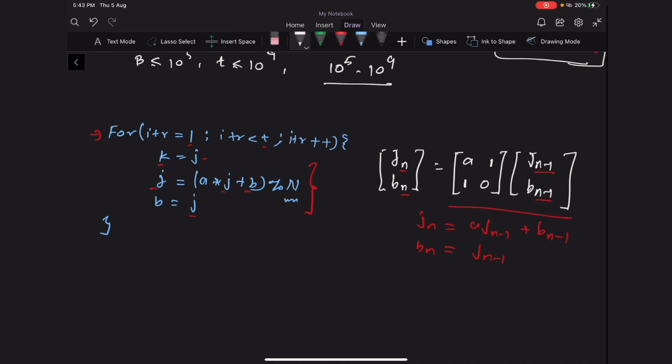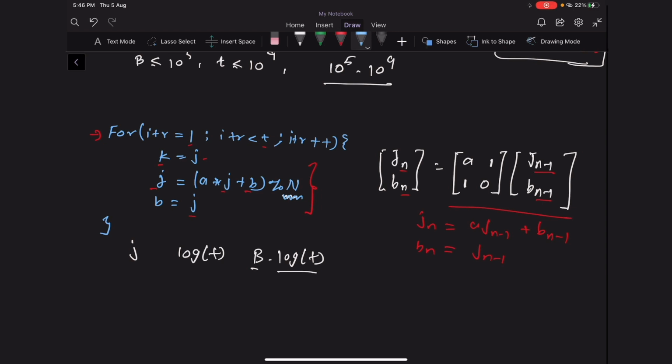So now if we use matrix exponentiation, we can compute the final value of variable j after this for loop in just logarithm of t time, and there are b iterations to perform, and if we compute the final value of j in each iteration in logarithm of t time, then it will take a total of b times logarithm of t time. If we are using matrix exponentiation, then we also have to take care of this modulo n, because here we are taking modulo with respect to n. So after each step of exponentiation, we have to take modulo of each value with respect to n.